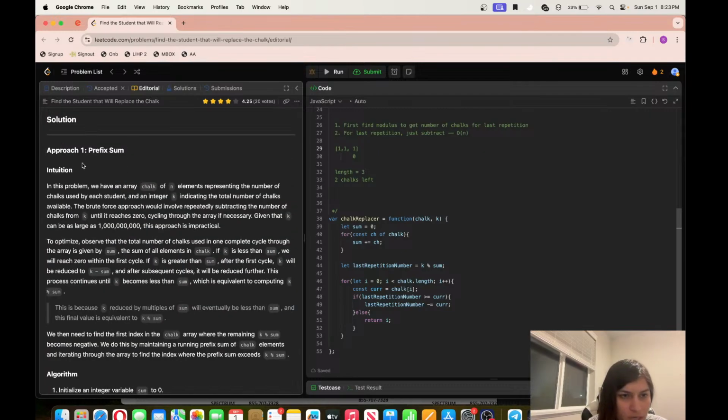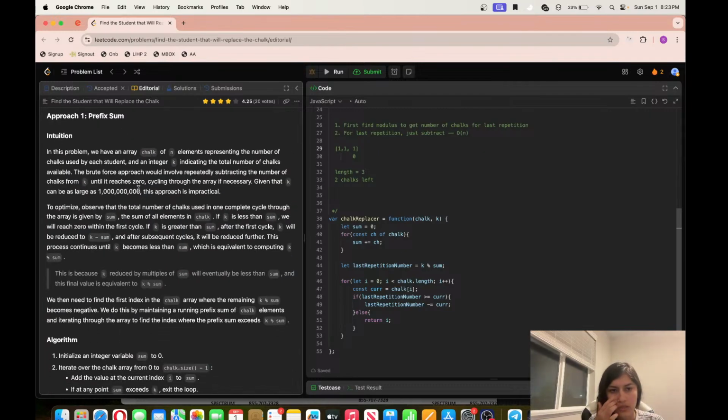Okay. What is prefix sum? Did I do prefix sum? Array of chalk of n elements representing the number of chalks used by each student. Observe that